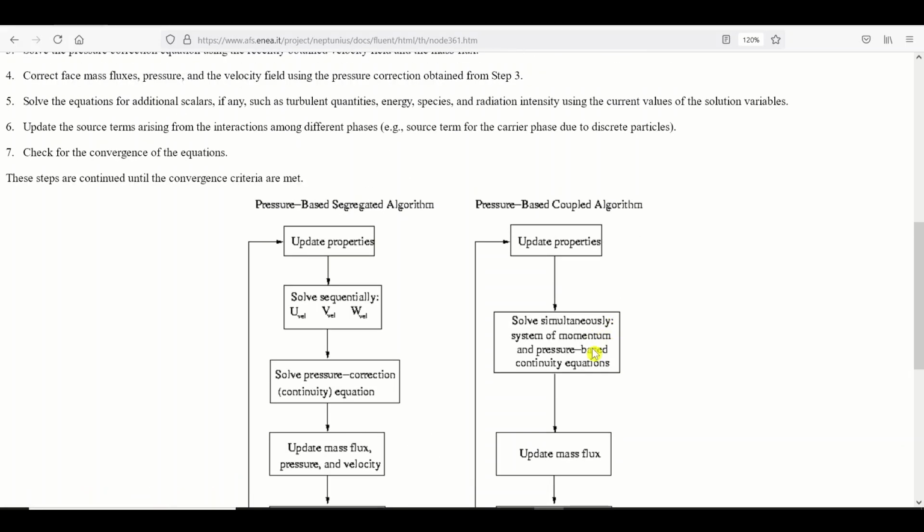Welcome to the next video. In the previous video, we have seen the pressure-based segregated algorithm. Now we will be discussing the pressure-based coupled algorithm, right? So I mentioned to you the first and foremost,